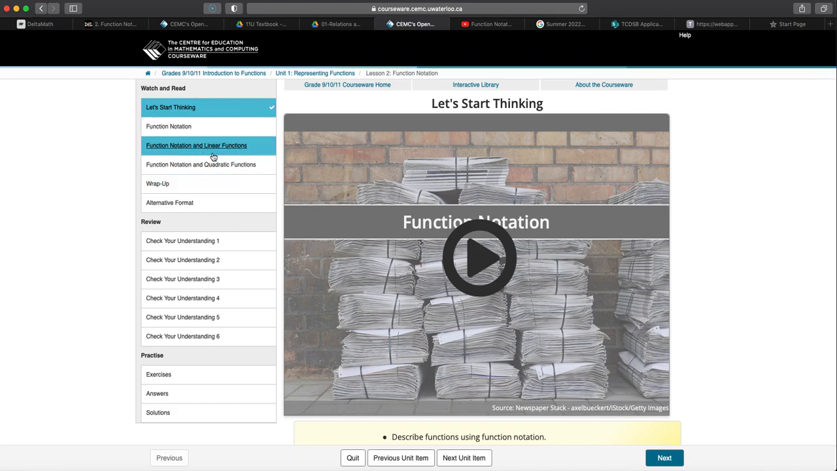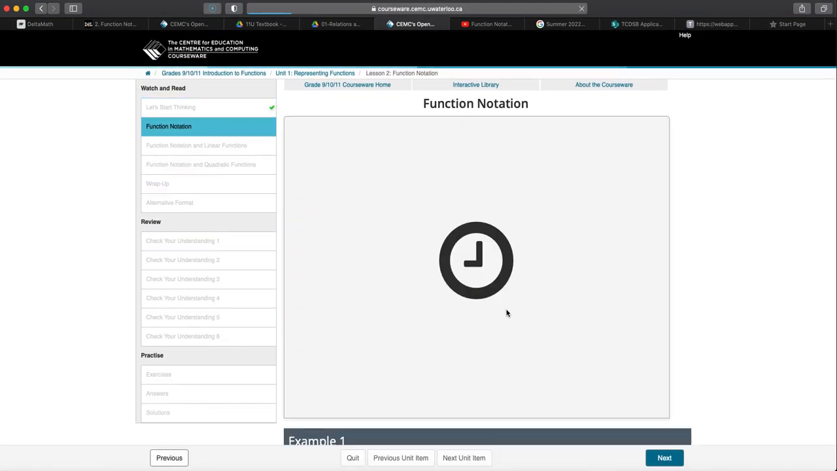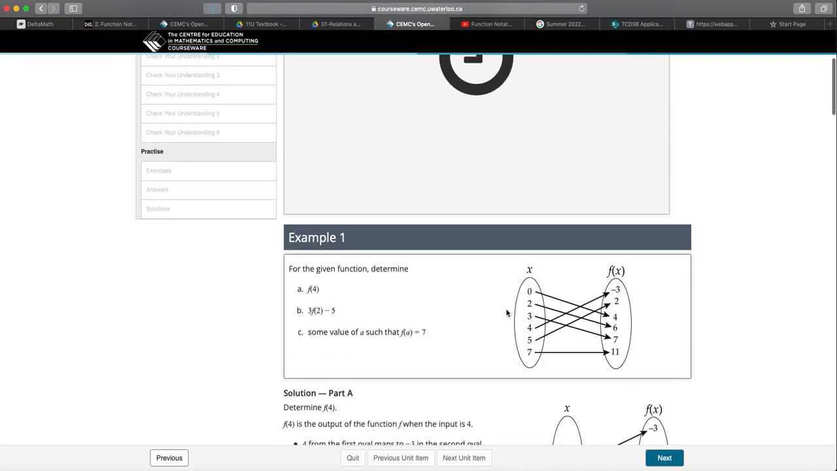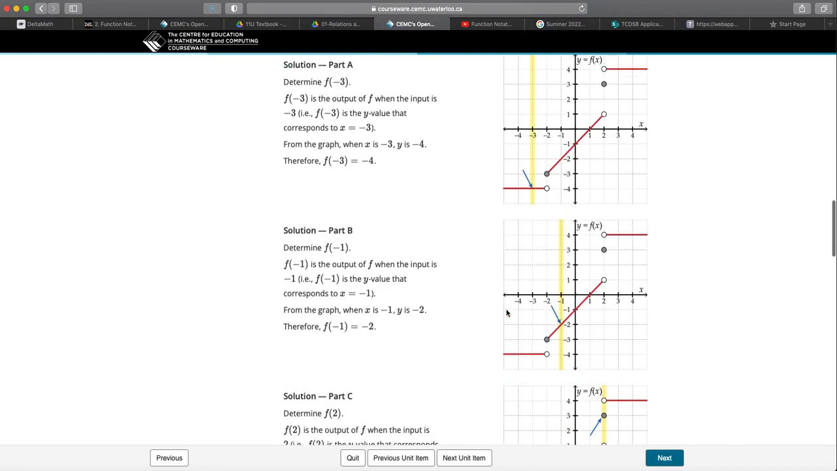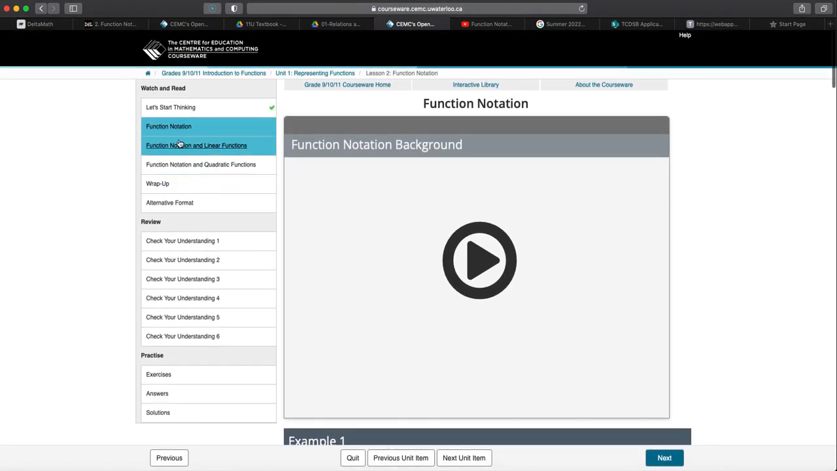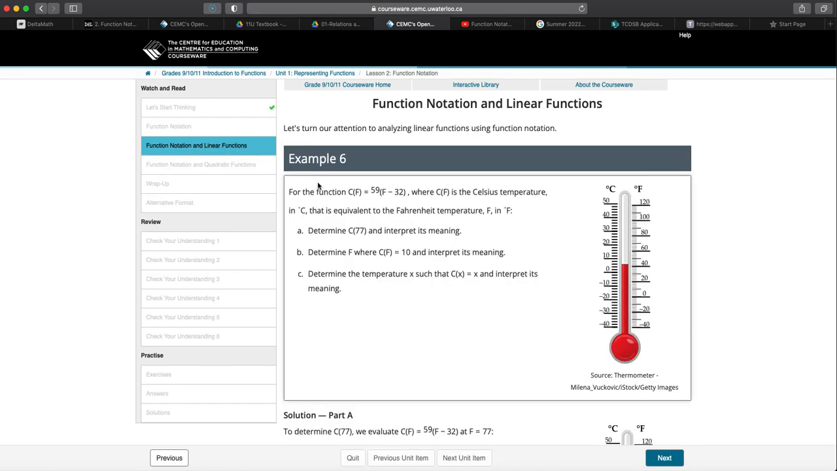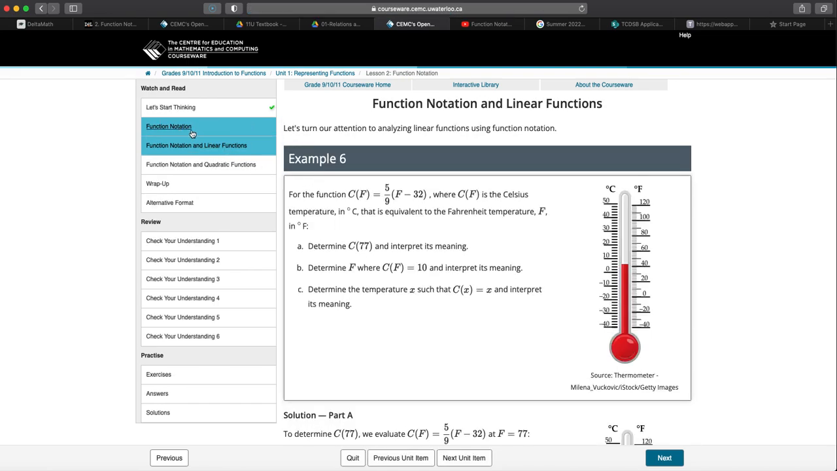So you want to make sure that you're going through the CEMC for all of these little sections in this unit. It's very good. There's lots of little videos. And then as you scroll down, you can get into function notation. Lots of good explanations and some examples. So I think if you go to function notation,